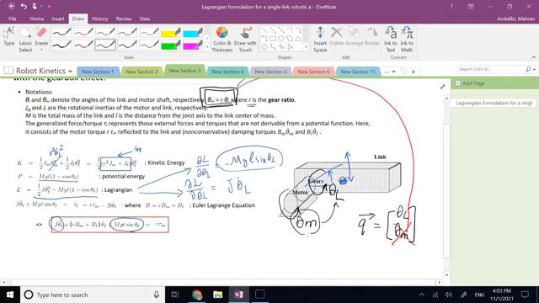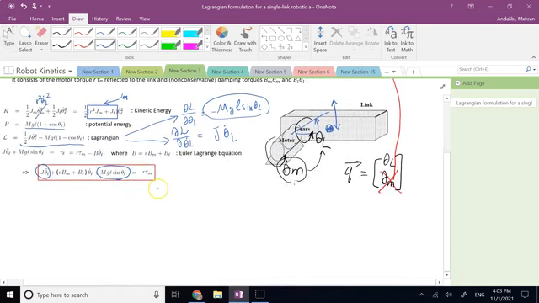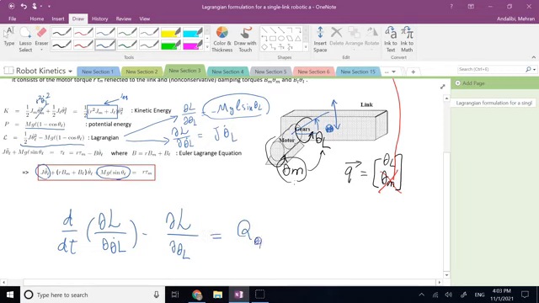This is equal to the generalized force for theta L, right? So when I say d over dt of the partial of L with respect to theta dot L minus the partial of L with respect to theta L is equal to the generalized force for theta L,